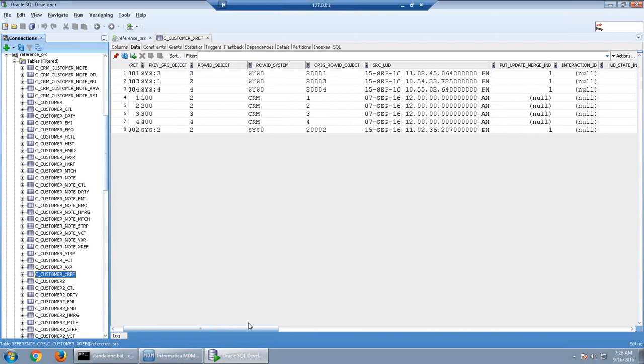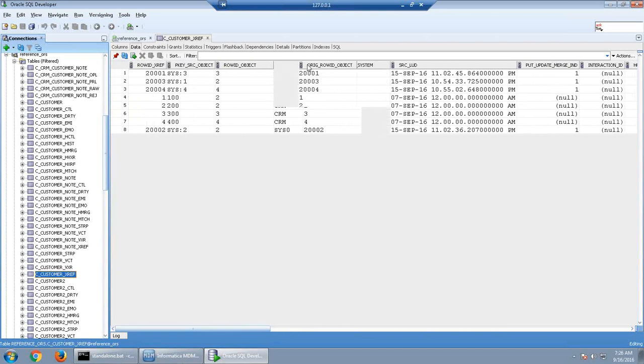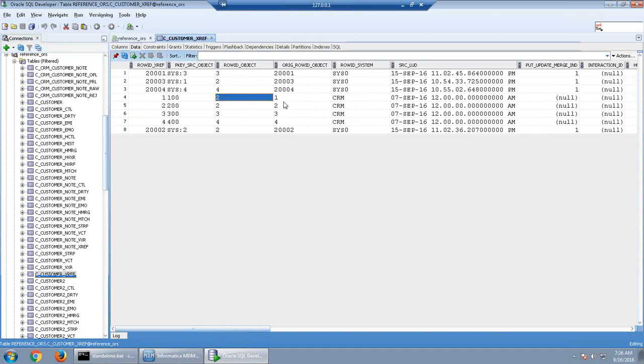And here there are some extra rows in this table. We can identify this part: we have an original row ID object and this is the row ID object. If the row ID object and the original row ID object are the same, it means these records have not merged.